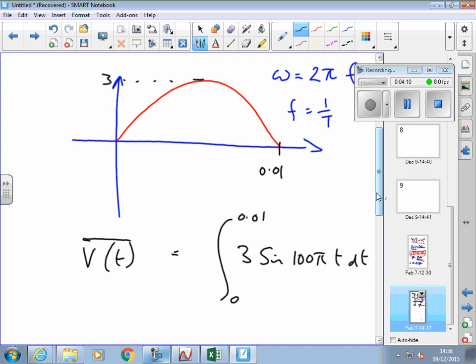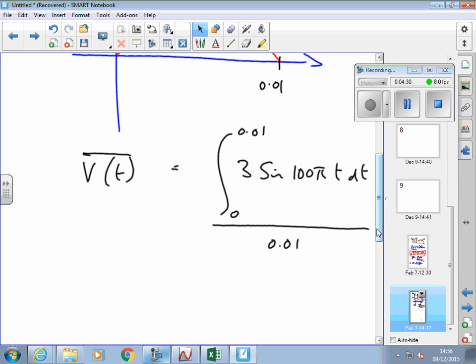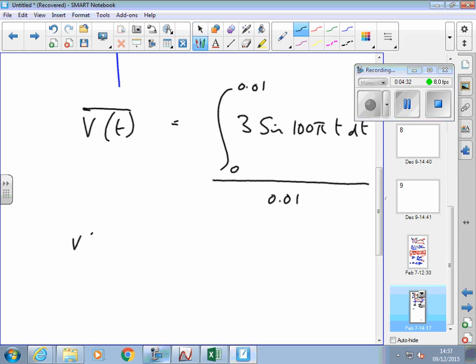To find that area, I need to integrate it, which is what I'm saying here, between the limits of 0 and 0.01. But then I'm going to divide that by the distance, which is 0.01 minus 0, which is 0.01. So that's what I'm going to do. So the average voltage,